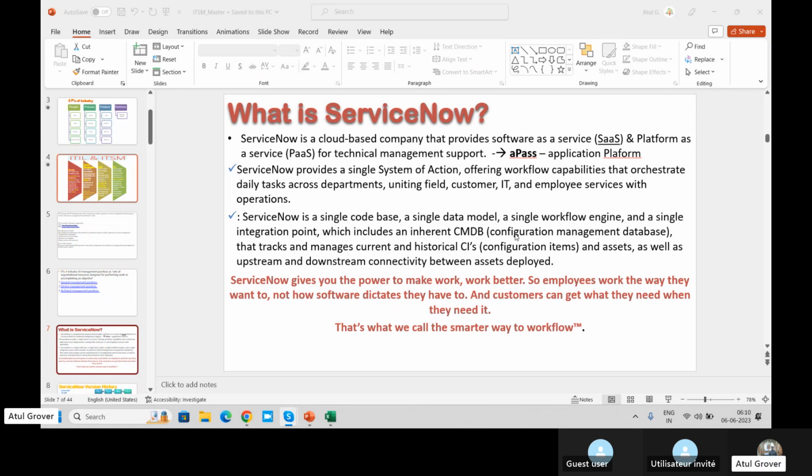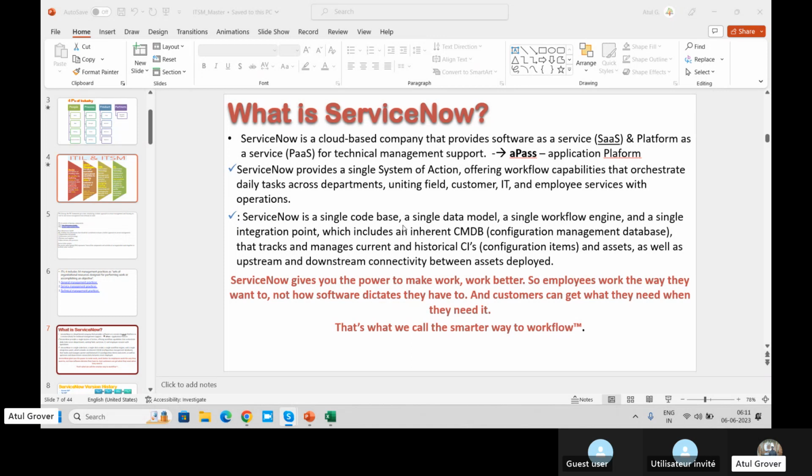How to store? Like if I say I want to open a library, either I open a library in a rural area, in an urban area, in India, outside India, the model will be the same. The structure will be the same. This is what ServiceNow says. So it's not that if I am purchasing ServiceNow, I'll get some different model, if Surbhi is purchasing ServiceNow, Surbhi will get a different model, if Farah purchases ServiceNow, she will get a different model. No. It's a single code base. Everybody's code is one. They're giving the same base to everybody.